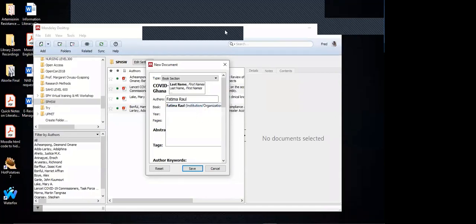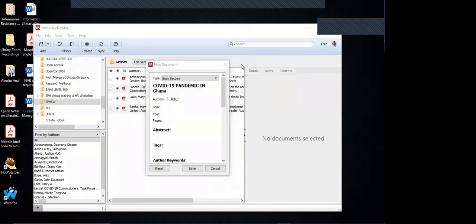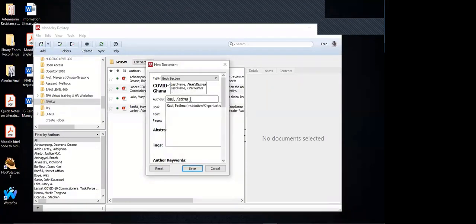The reason for this is that there are corporate authors, okay? For example, you are writing on student discipline issues, and you want to cite maybe an article from the student handbook to support an argument you are making about student discipline and the regulations of student behavior. You are going to be citing a manual that has been authored by the University of Health and Allied Sciences. There's no single individual responsible, but the entire institution is the author. In that case, when you write University of Health and Allied Sciences here, you have to click this to indicate to Mendeley that this is an institution,